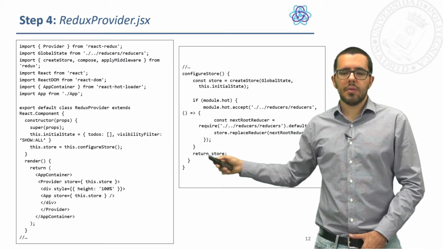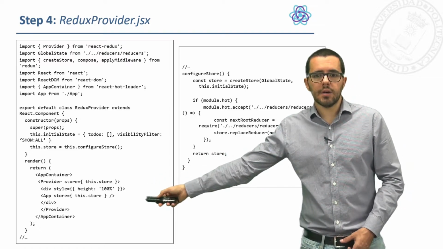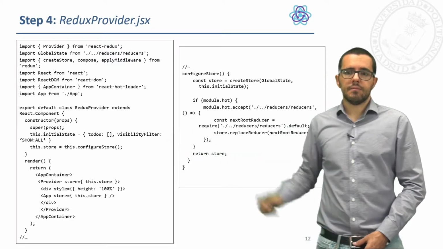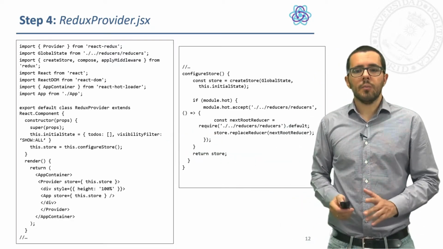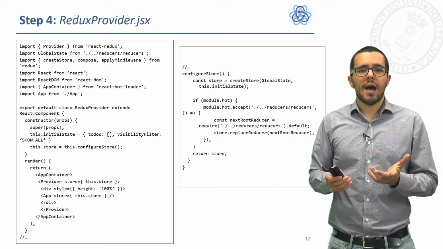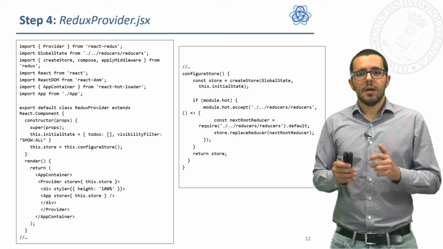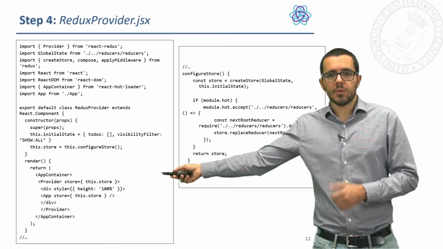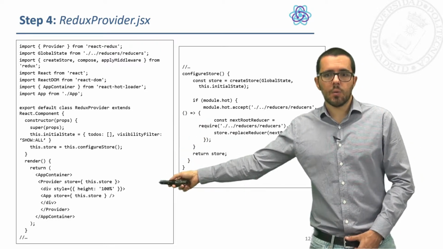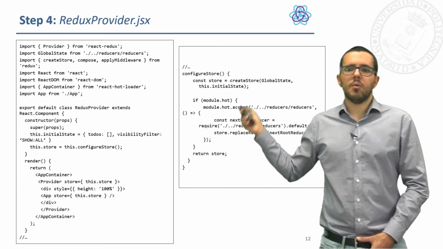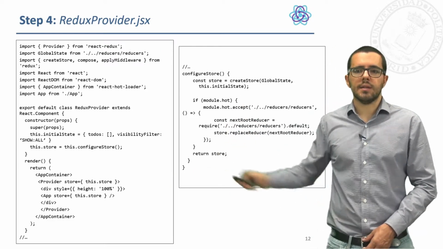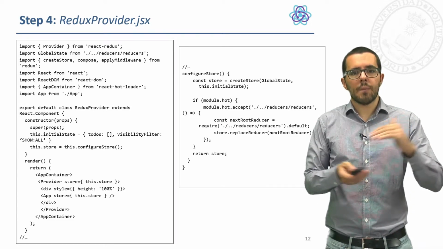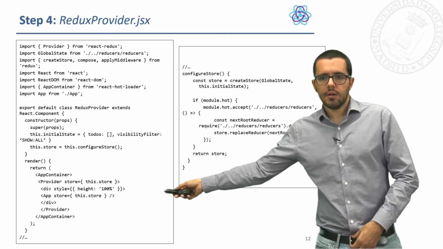We can copy and paste everything and we will be able to add here our app or our initial state right here. So it seems quite complicated, but it's just conceptually a new component that we have to add to join with this provider, but we call it Redux provider to use what Redux gives us to add more things like this hot module replacement and the initial state. So this is just an extra component where we will wrap our application here.